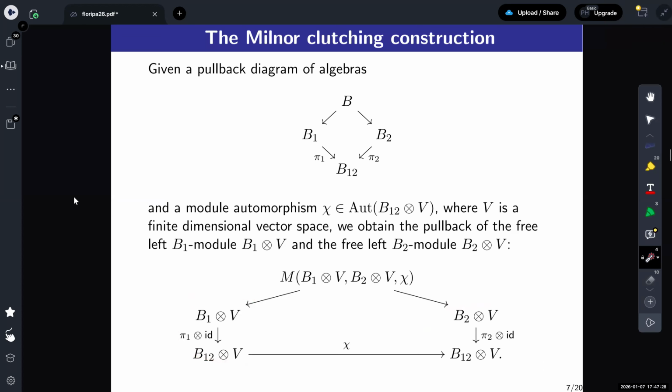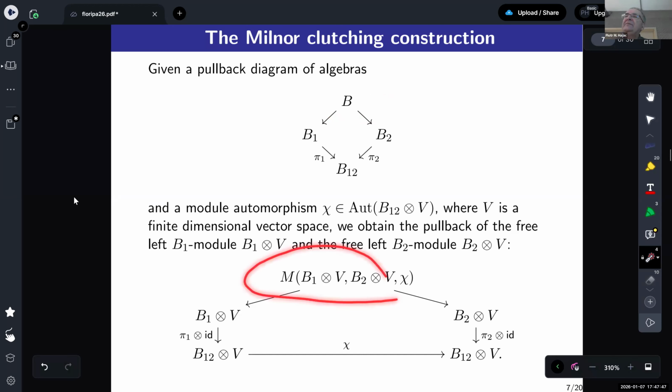Yeah. And then a certain small miracle happens: this pullback vector space is in fact a left module over the pullback algebra V, and that's all you know from the definition. This is easy. But what is really beautiful and spectacular, and what Milnor proved, is that for starters, this is